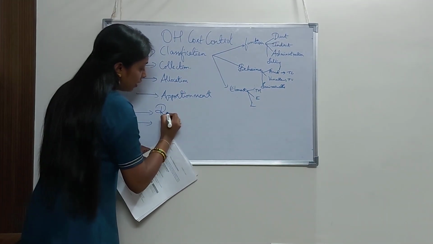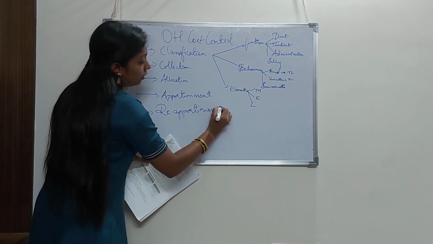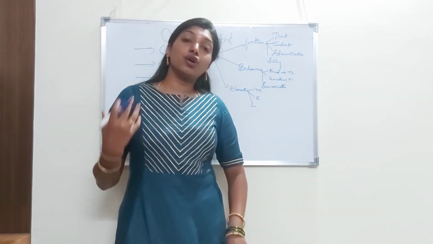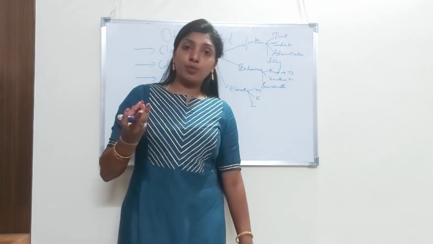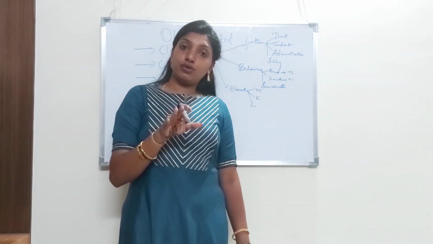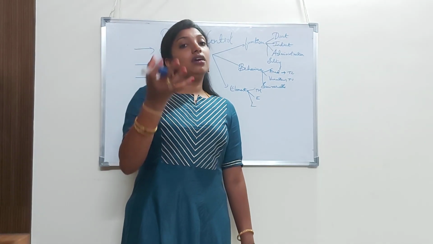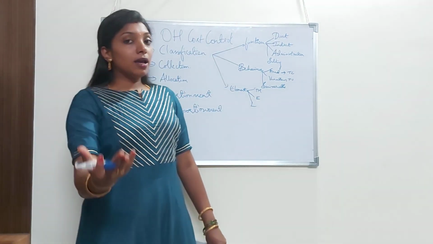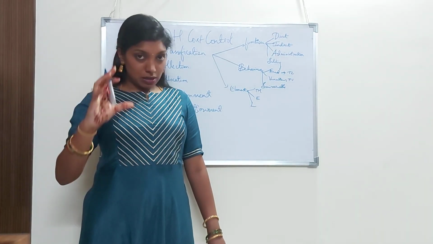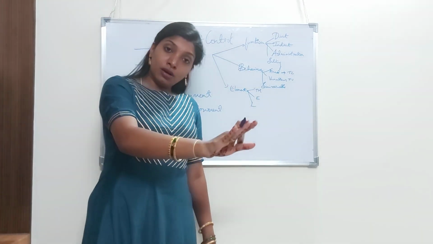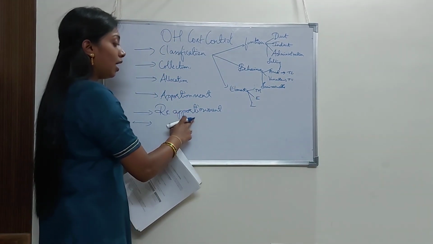Next we have reapportionment. So reapportionment is where whatever the service departments render as a service. For example, it can be the purchase department. Purchase department is not going to produce. Production department is going to produce. So whatever service the purchase department is going to render can be calculated as an expense and it can be allocated to the production department. So the service departments' expenses are again reapportioned to the production department. So that is called reapportionment.